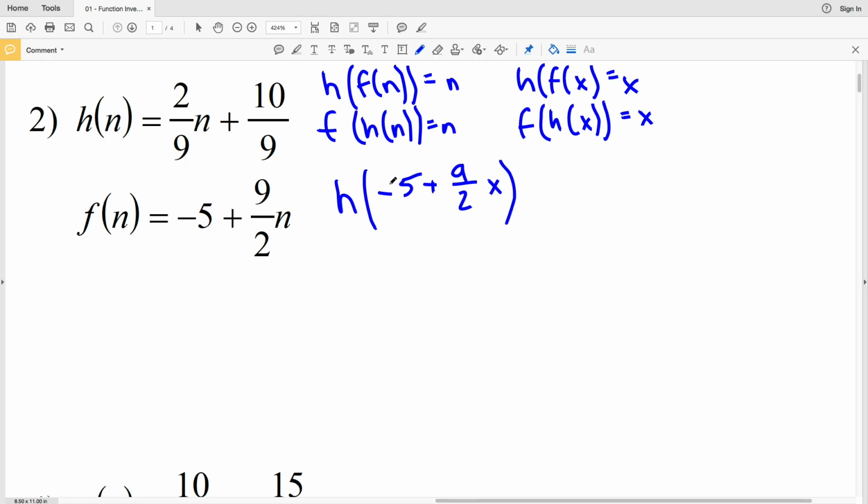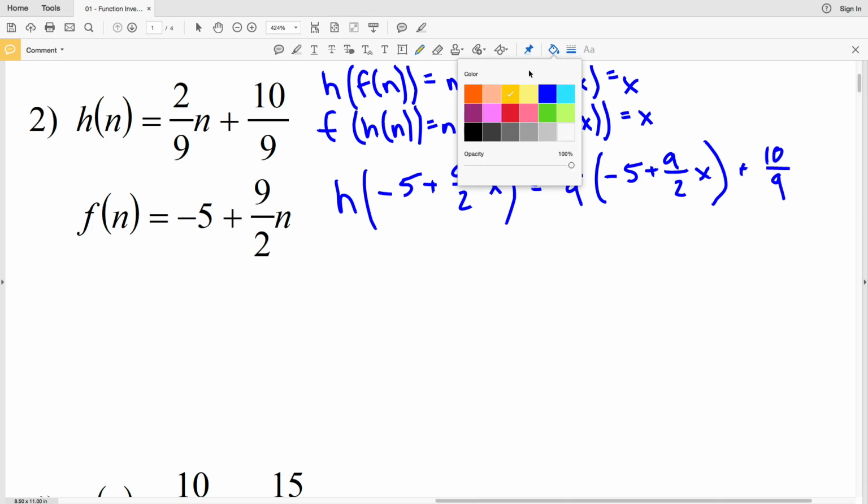Now I'll plug negative 5 plus 9 halves times x into my variable within my h of n function. So that's going to equal 2/9 times negative 5 plus 9 halves x